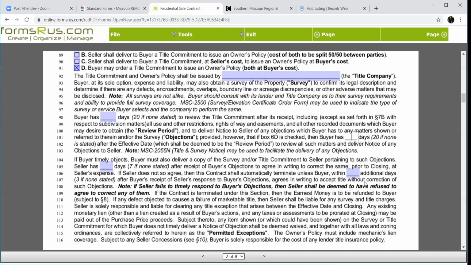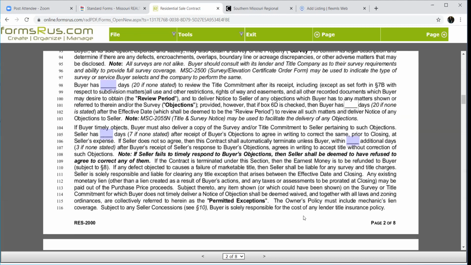Now my buyer has 3 days from the time that contract dies to say, you know what? We'll pay for the $500 because we want the house that badly, and come right back in and the contract starts right back over, okay? I think 3 days is plenty. Hopefully you don't get to that point, but it does allow your buyer an opportunity, because at line 108, if the seller doesn't respond, then they're deemed to say that they're not going to fix anything. So if we don't hear from the seller in 7 days, then the buyer's got the right to say, well, you know what, we'll go ahead and take it without that title work being fixed.